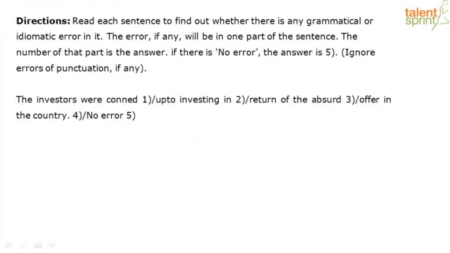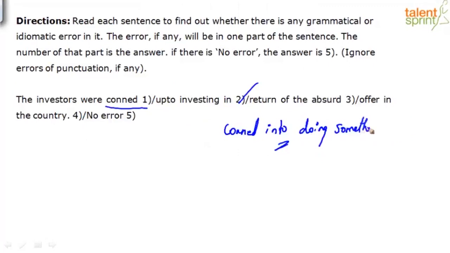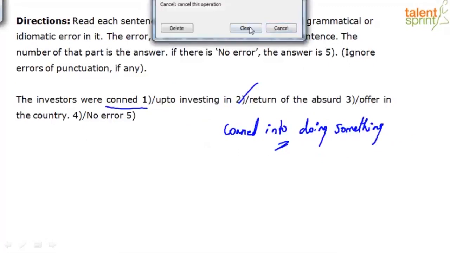The investors were conned up to investing in return of the absurd offer in the country. So this again is an easy one. They were conned into, you con someone into something, conned into doing something, right, as a collocation. They were cheated. So those were your